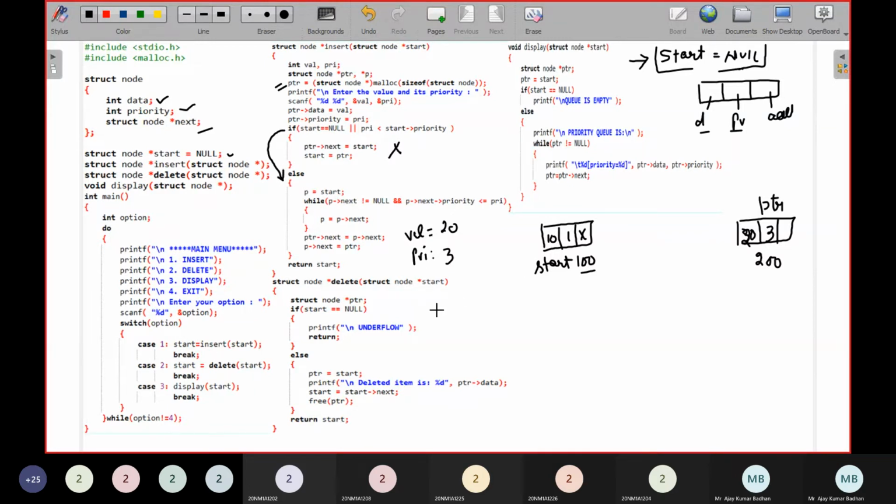Now P equal to start. When you write P equal to start here, it means you're pointing P at start. I'm using a variable P to refer to the first node. Now we will check while P next not equal to null. What is the next block? This is P. This is the data block, this is the priority, this is next. What does it consist of? Null. But the condition says P next not equal to null, and here P next is equal to null. So this condition fails here itself. You'll come out of this while statement and come to this particular location.